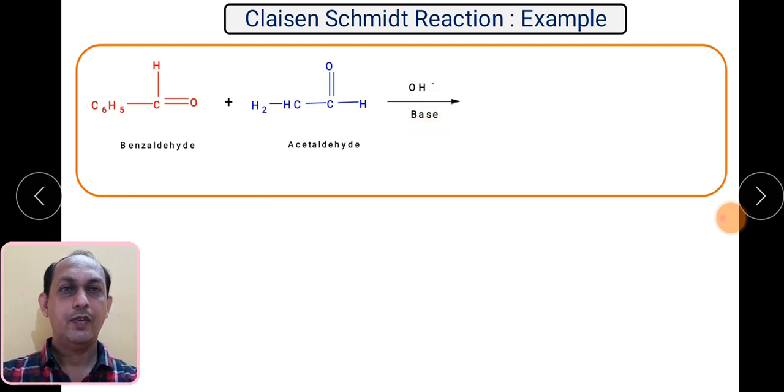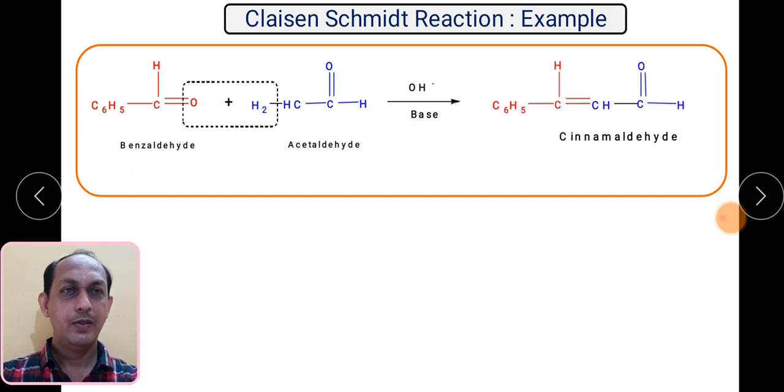So what product is going to form? Let us see. H2O is being eliminated. Two hydrogens from acetaldehyde and one oxygen from benzaldehyde are being removed with the help of base, and you get the formation of a carbon-carbon double bond. There is a formation of a double bond between the carbonyl carbon of this and the alpha carbon of the other aldehyde. You will see here the carbon-carbon double bond formation takes place, and this particular molecule is cinnamaldehyde. As we have taken the aldehyde on this side, it will form the aldehyde only. So water is being removed.